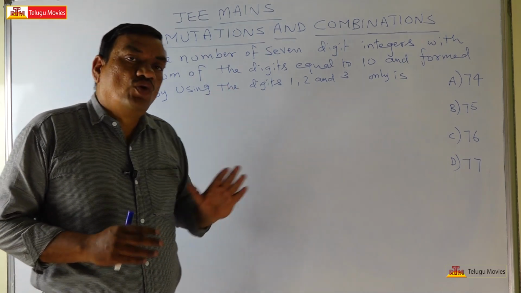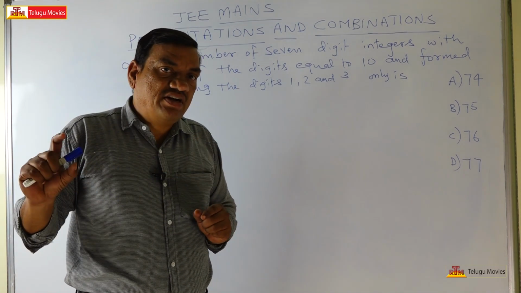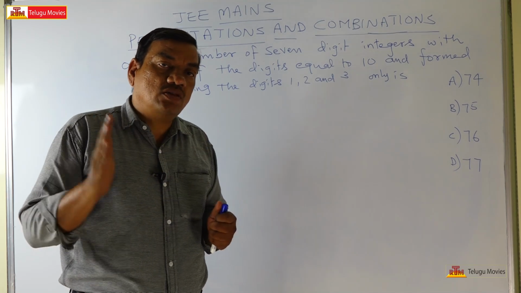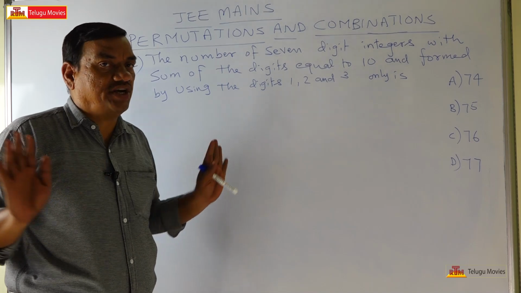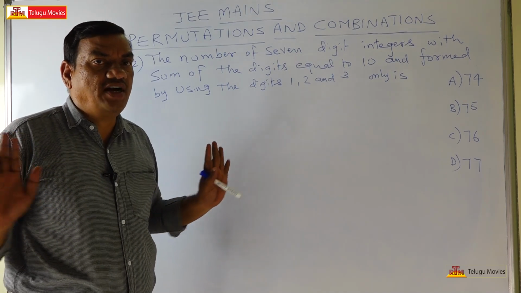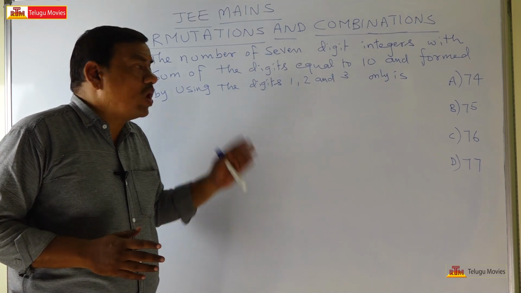So only 1, 2, 3 are to be used. That number should be a 7-digit number. If we add all the digits, the sum should be 10. The question is very clear. Understand? So to solve this problem,